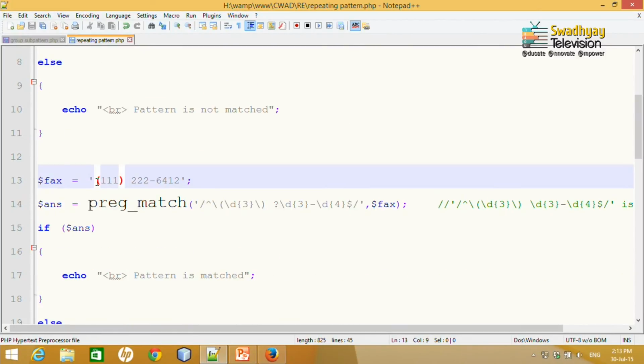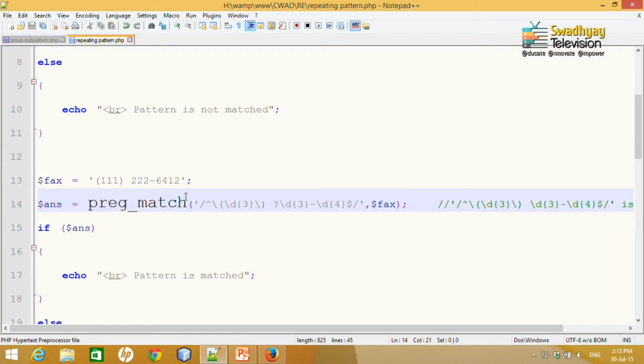Now, if I write fax, it should be, in parentheses, 3 digits, then a 3-digit number, hyphen, and a 4-digit number. So here I match. I use the first forward slash to start a pattern, then caret to define the string position. Then to start the open parenthesis, I use backslash and open parenthesis.